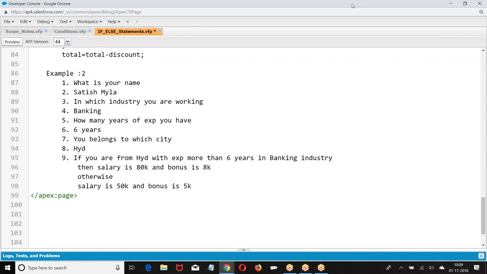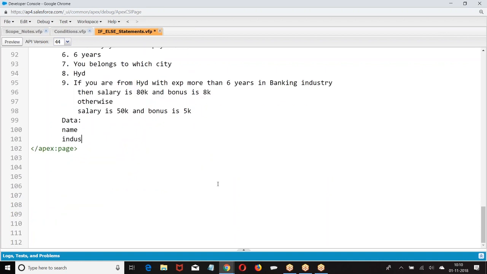So what is the data available here? What is the data involved in this? Name, we have industry, then experience, salary, bonus.